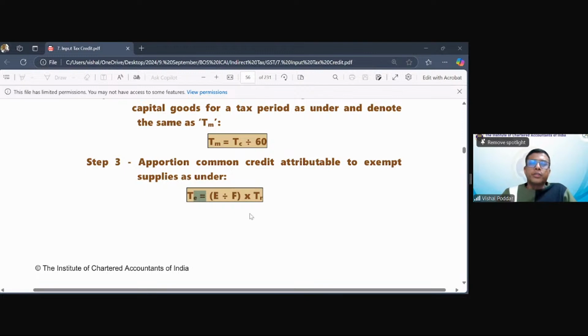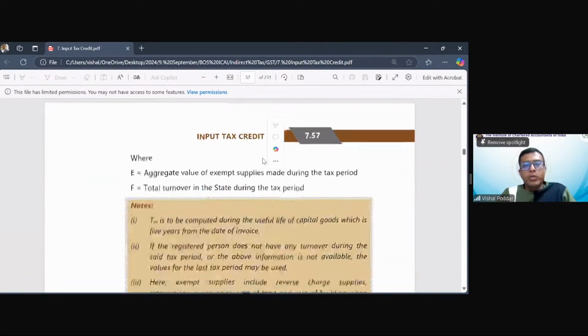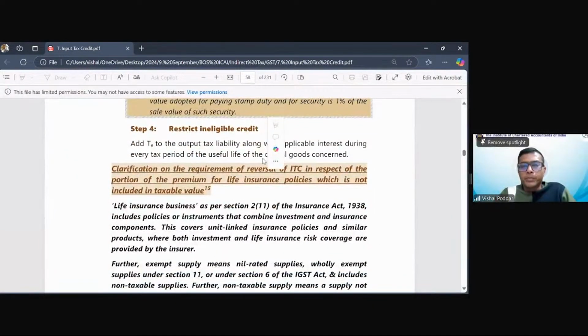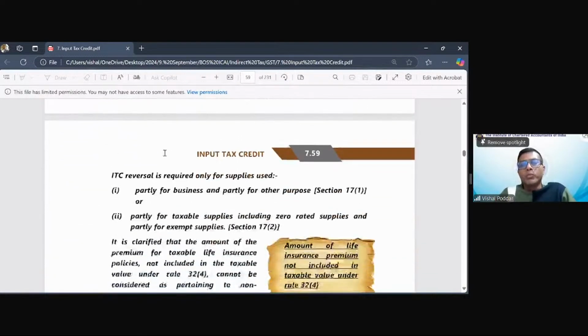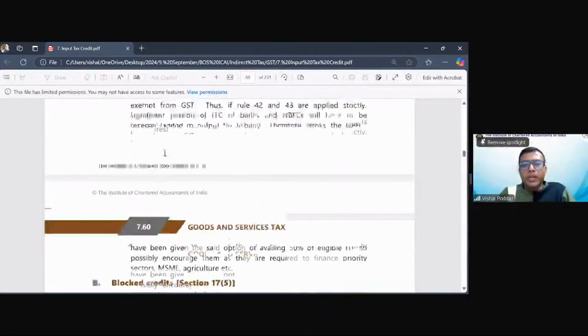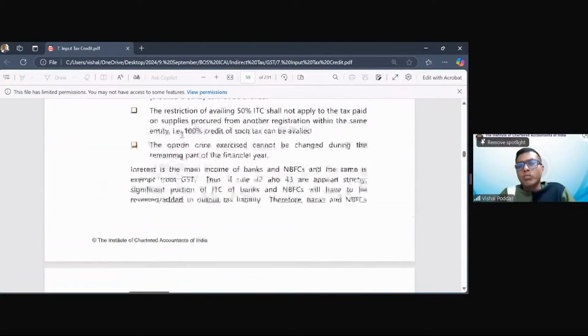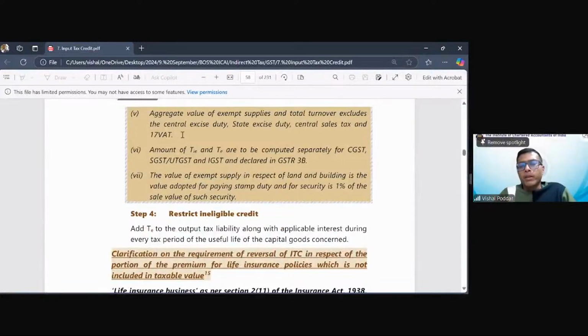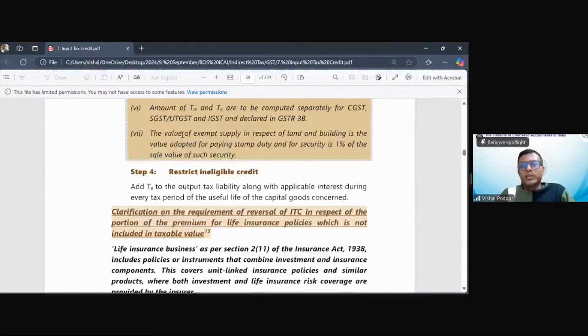Excellent. See, this is the most technical working according to me in the entire GST. If you have understood this, nothing like this. So this is how common credit reversal is done. Great, we stop over here. Next lecture, we continue from this point, that is how to proceed with some more special cases, like they have given something for insurance premium. For everything there are some special points, and then we'll go to block credits. But I request that at least up to this point, that is up to step 3, please read and come. Rather, step 4 is also done.